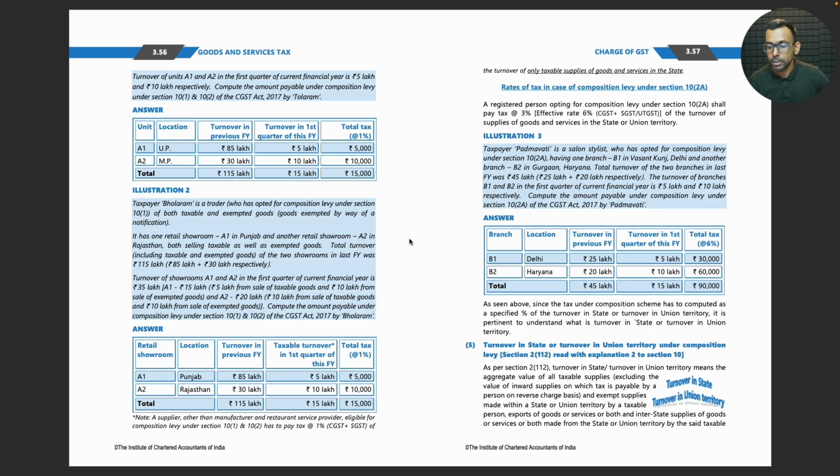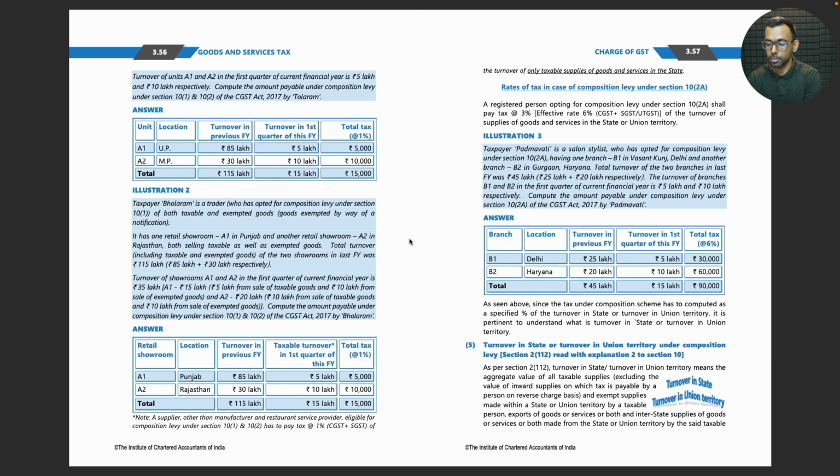As seen above, since the tax under composition scheme has to be computed at a specified percentage of turnover in state or turnover in union territory, it is pertinent to understand what is turnover in state or turnover in union territory. Turnover in state or turnover in union territory under composition levy, section 2 clause 112 read with explanation 2 to section 10. As per section 2 clause 112, turnover in state or turnover in union territory means the aggregate value of all taxable supplies excluding the value of inward supplies on which tax is payable by a person